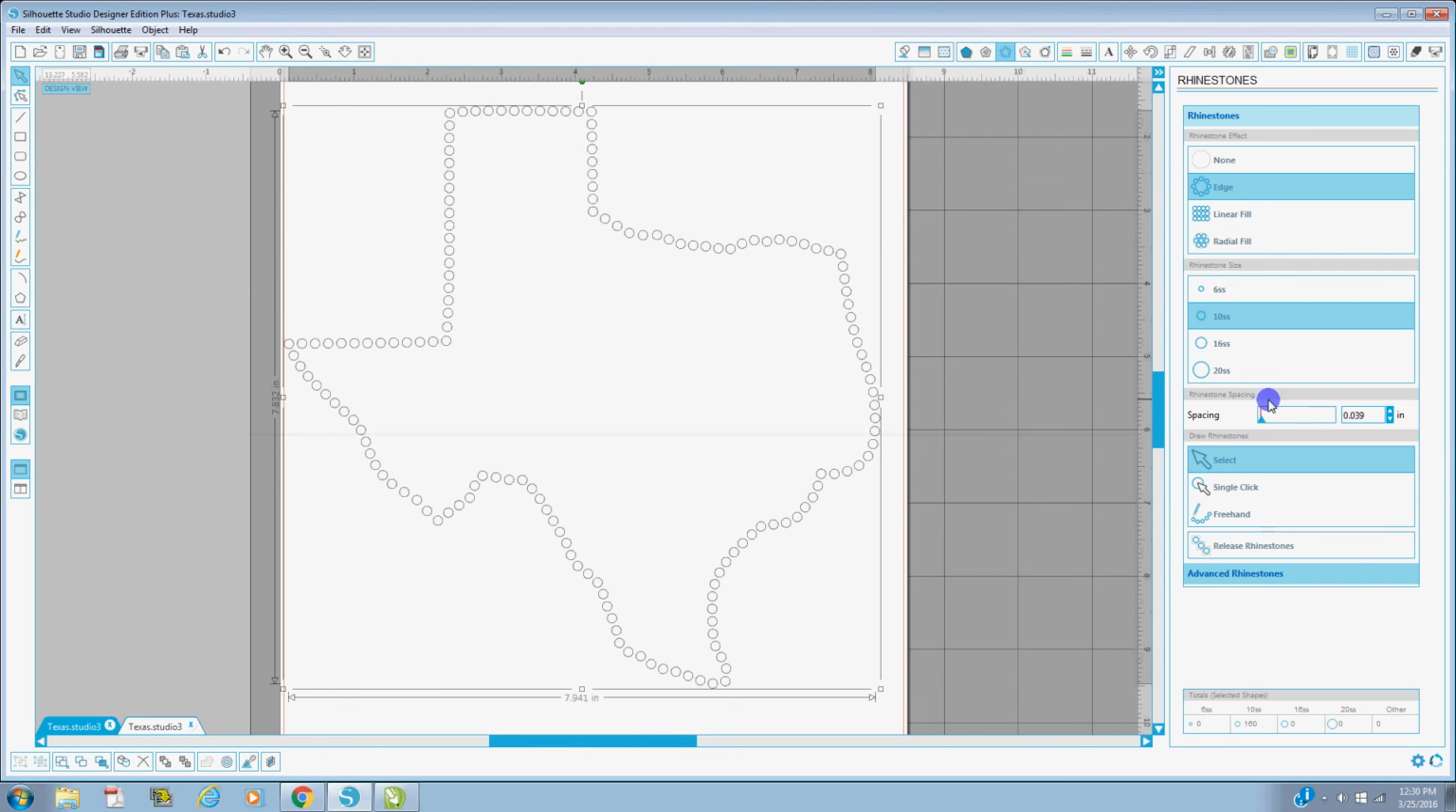If you'd like to change the spacing though, you can come over here to your rhinestone options, and where it says spacing, you can use your arrow up or arrow down options, or you can just highlight and enter in a new value. So it's currently at 0.039. If I wanted to, I could change that to 0.05 and hit enter. Or if I wanted the spacing to be decreased and more rhinestones in my design, then I can highlight that and hit 0.02, enter, and you'll see that it squeezes them back together and it'll actually fit more rhinestones in